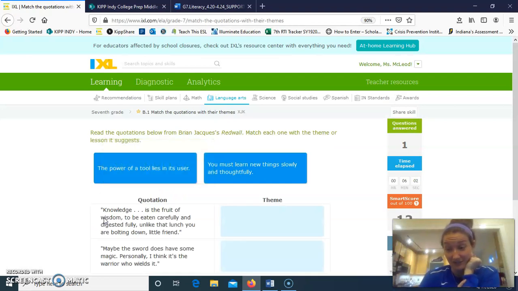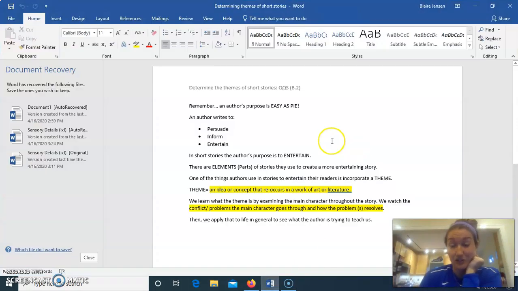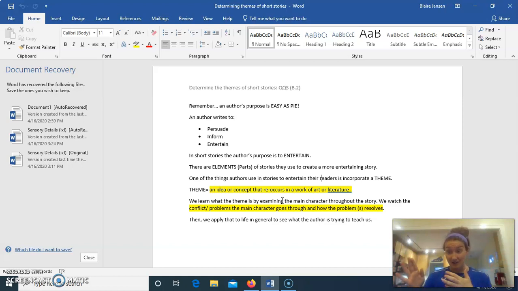And that's correct. If you struggle, remember, go back to your notes, which I'll pull up for you again, and you can jot these down, that a theme is an idea or a concept, usually a lesson, but not always, that our character learns through hardship. If we think about what we just did, the very first quote talks about how Amy's mom couldn't afford piano lessons or a piano. So her mom made a trade. Them not having enough money was a problem that our author introduced to us. It was a conflict. As we saw them resolve that conflict, we saw that mom made a sacrifice to make that problem go away. And that's where we get our theme.